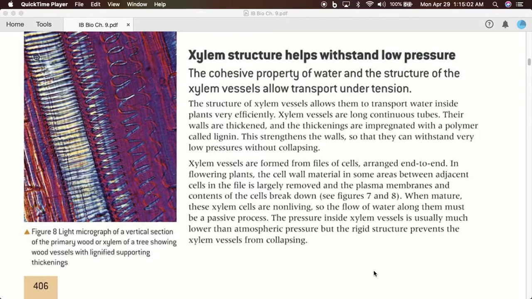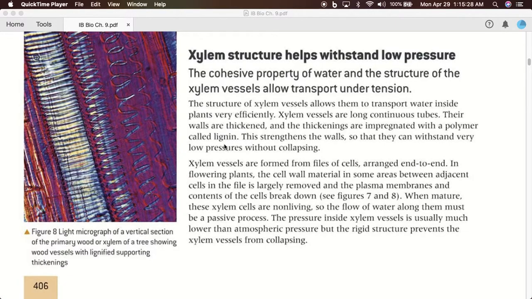So usually if things don't have a lot of pressure, they're going to collapse. Usually pressure keeps things open. But we don't want to have high pressure inside the xylem because then water won't go up the xylem. So it's got to have low pressure but also be strong enough that it doesn't collapse on itself. So the way that plants have overcome this kind of challenge is that the walls of the xylem have this